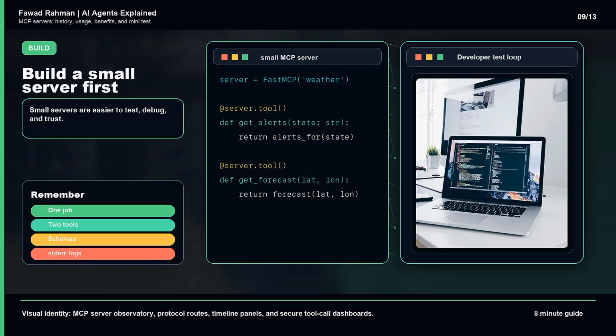If you build your own MCP server, start tiny. The official tutorial pattern is a simple weather server with 2 tools, such as getting alerts and getting a forecast. That is the right size for learning because you can test each tool, read the schemas, and understand the full